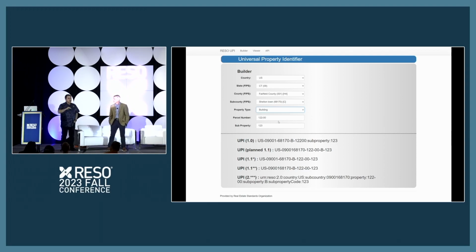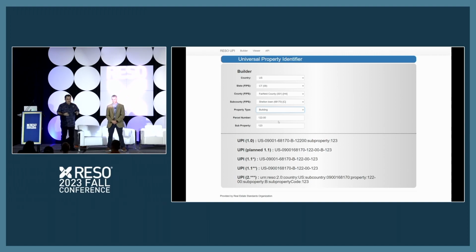We shunned away from any kind of proprietary ID because, by the way, everyone that has property data has an ID. Zillow's got an ID, Black Knight's got an ID, and they will always have that. CoreLogic has an ID. They need to have that ID. What we're doing is making it transportable, saying, if they have their ID, which they might have lots of things attached to data-wise, we just want a way for a translation, if you will.